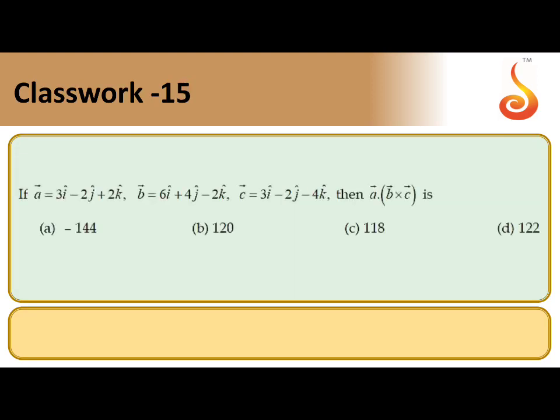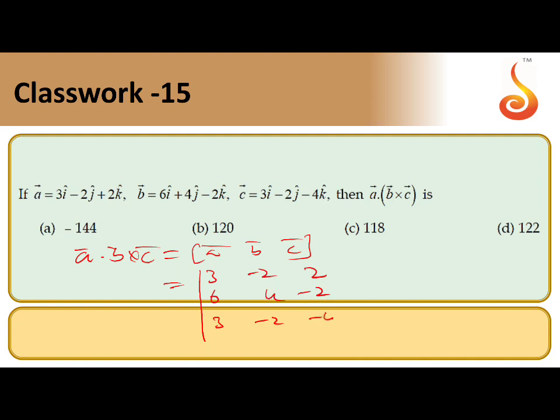Next question. A bar, B bar, C bar are given. A dot B cross C is nothing but box ABC. So box ABC means you can find a determinant. So 3, minus 2, 2; 6, 4, minus 2; 3, minus 2, minus 4. Just find the value of the determinant to get the answer. So 3 into minus 16 minus 4. Minus 16 minus 4. So minus minus plus 2 into minus 24